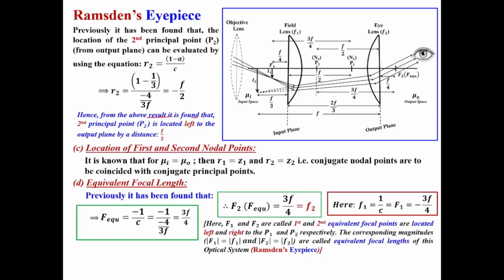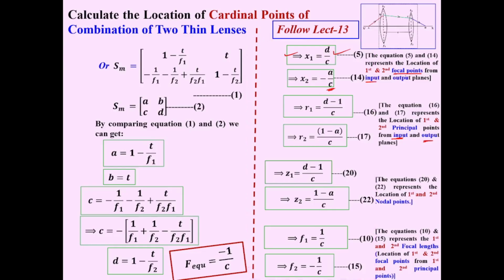Hence from the above result it is found that the second principal point P2 is located to the left of the output plane by distance f/2. Now the location of the first and second nodal points. Here you can see that μI and μO, the refractive indices of the input and output space, are the same. If it is so, then we know